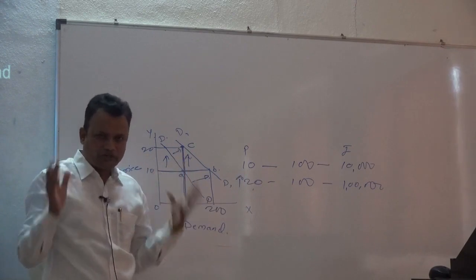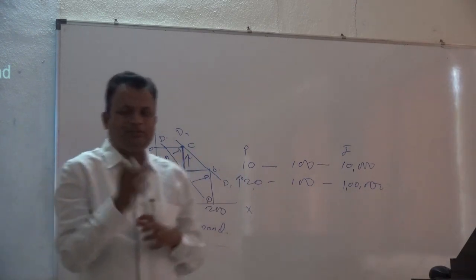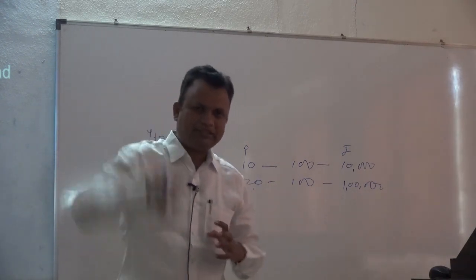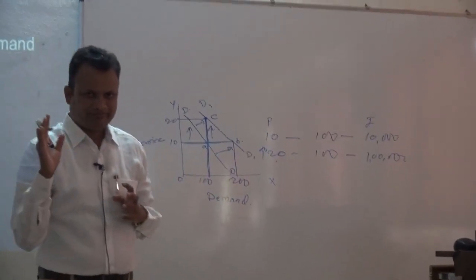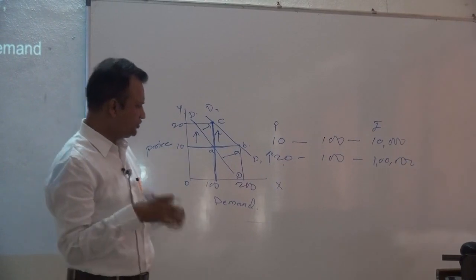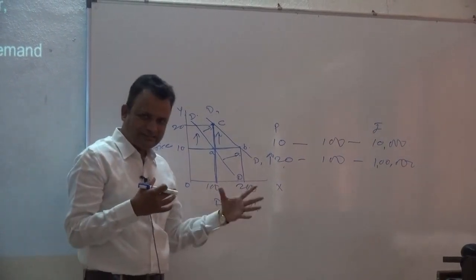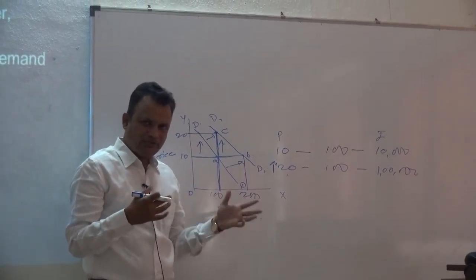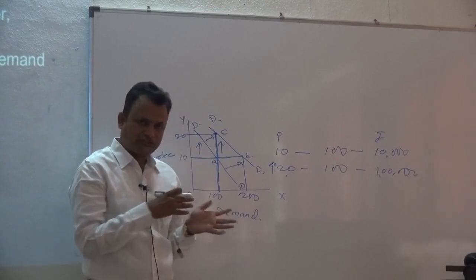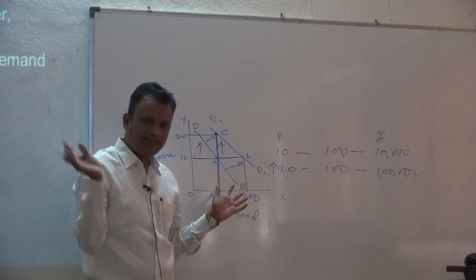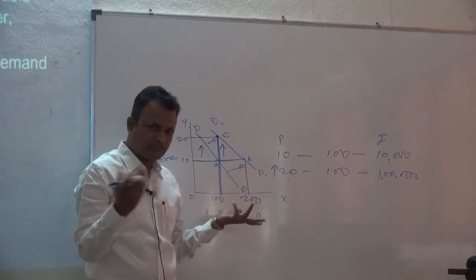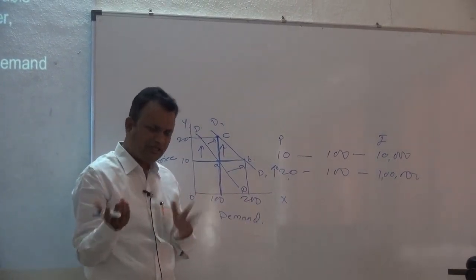The main cause of increasing demand is favorable changes in other factors which decide the demand. Okay, favorable changes in fashion, taste, preference, attitude. Okay, prices of substitute goods, prices of complementary goods, climatic condition, government policy, taxation policy, export import policy, all these